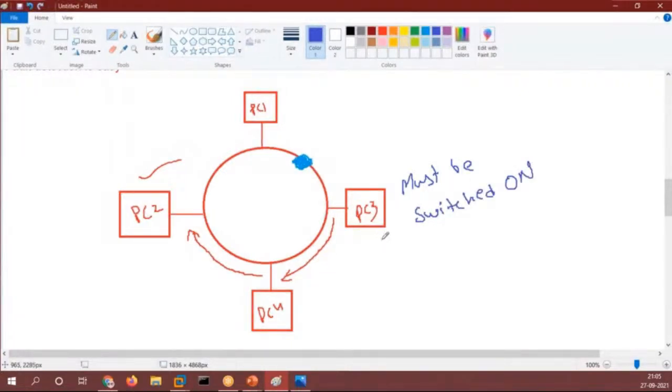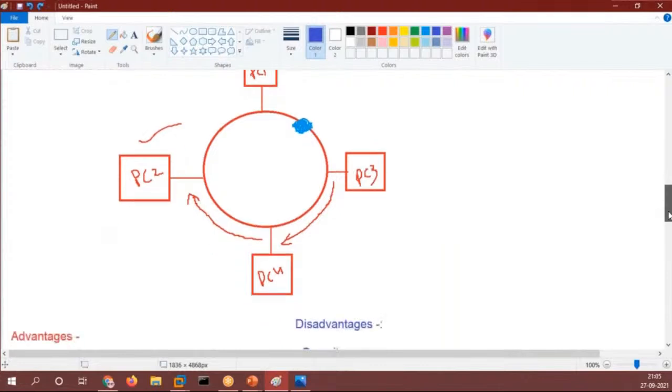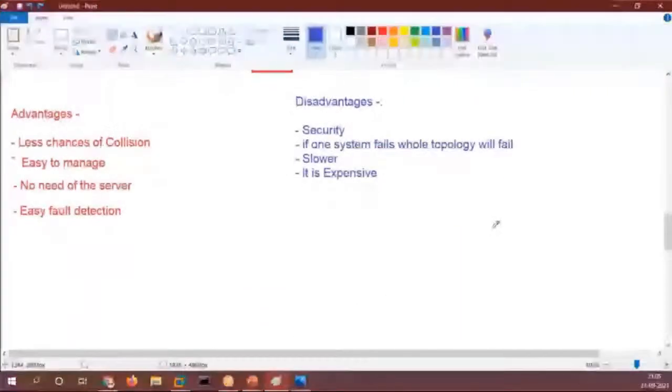Right? If PC3 is switched off, then we are not able to transfer the data towards anyone. Right? So that is also a disadvantage, that if one PC is offline or shut down, it will not be able to send the data. Clear, everyone?